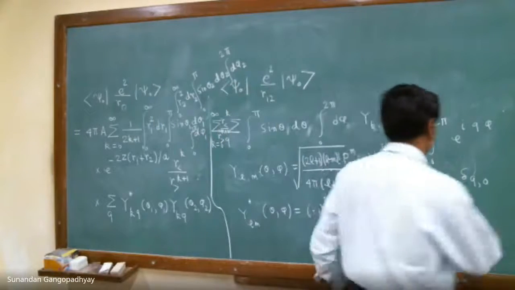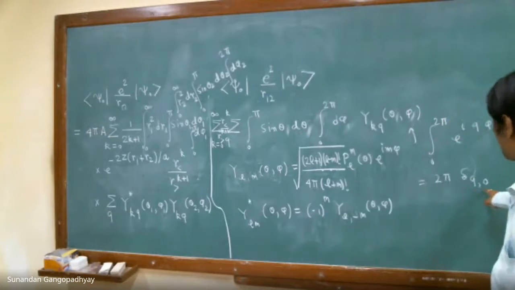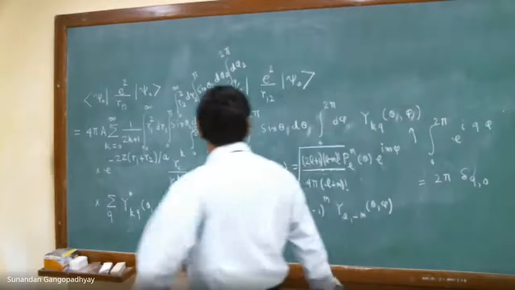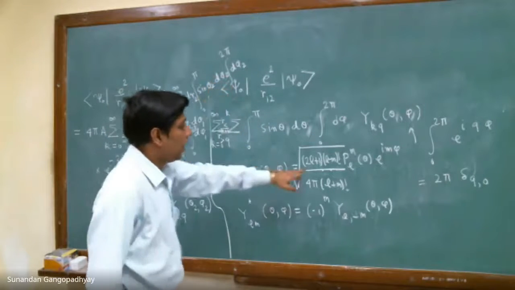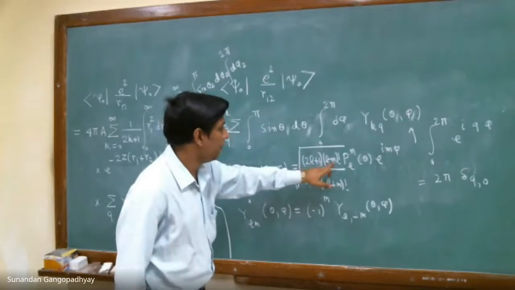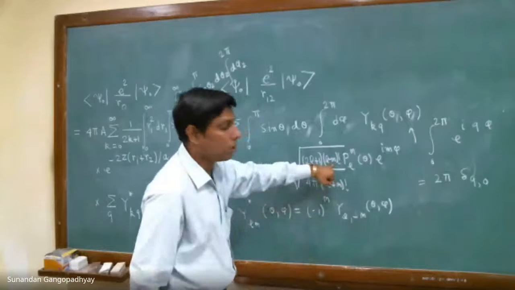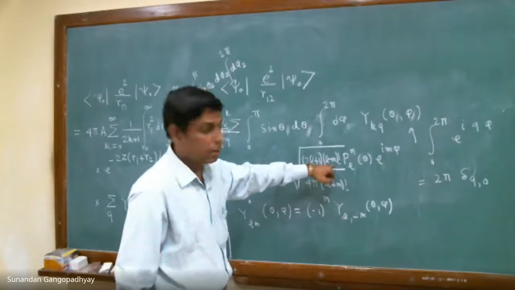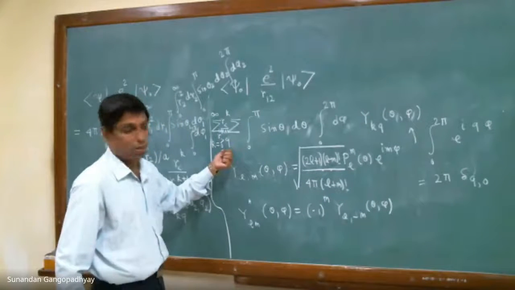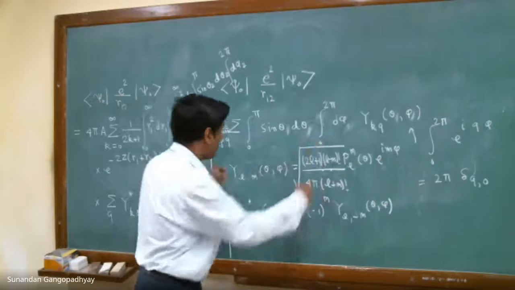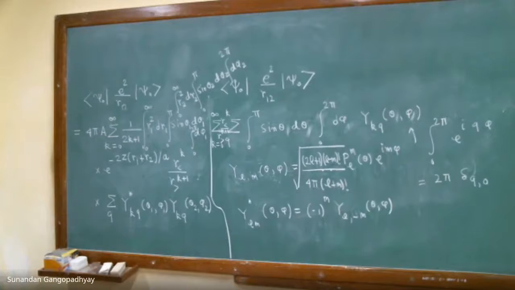Okay, so now you put 2π over here, and there is a Kronecker delta q comma 0. So you can see that this summation goes away. This summation is gone, and in place of m, in this constant that you have in front, you just put m equal to 0, because this term contributes only for q equals 0. So this constant that you will have, is it clear to you, or should I do it more carefully? Is it clear?